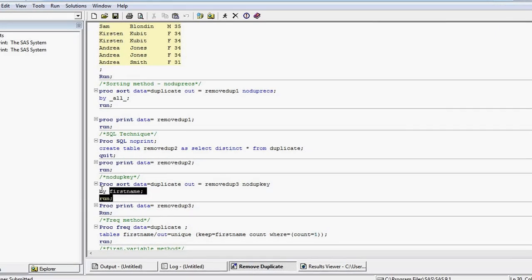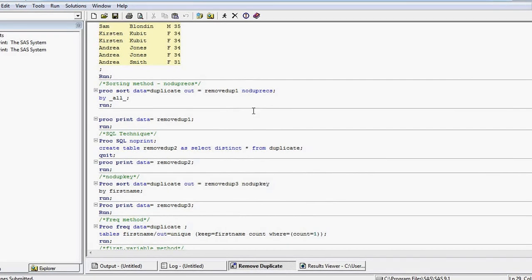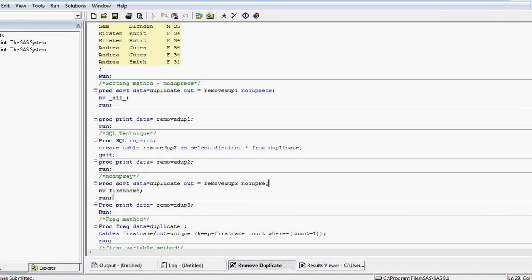So this technique is different from the first two. The statement above was nodup, where the values of all four variables would be matched, and if all four are the same, it would be removed. But in this case, even if only the first name value is repeating, it's going to remove the repeating record.